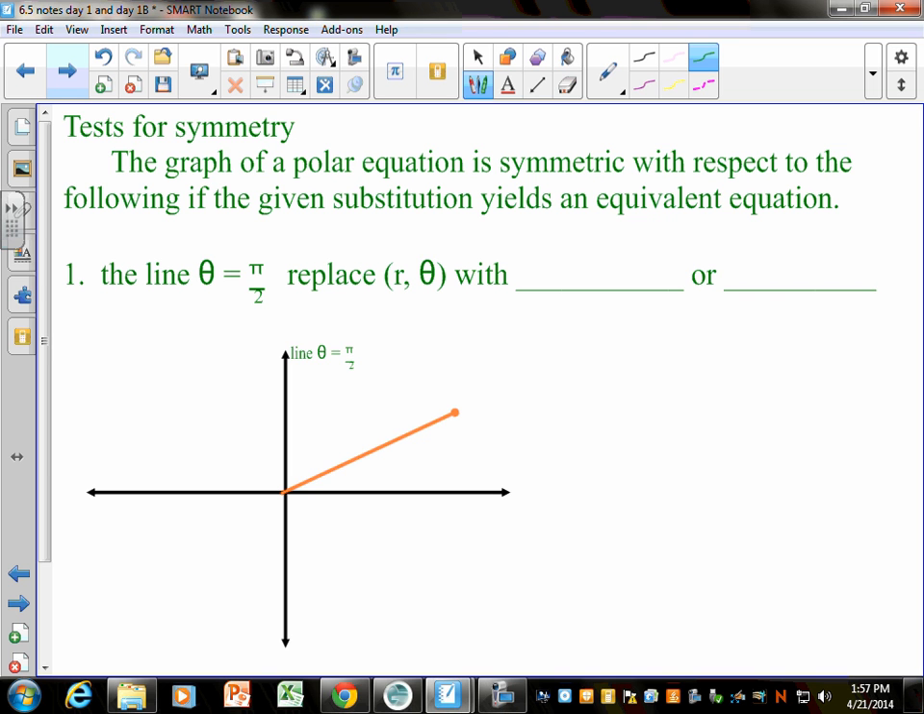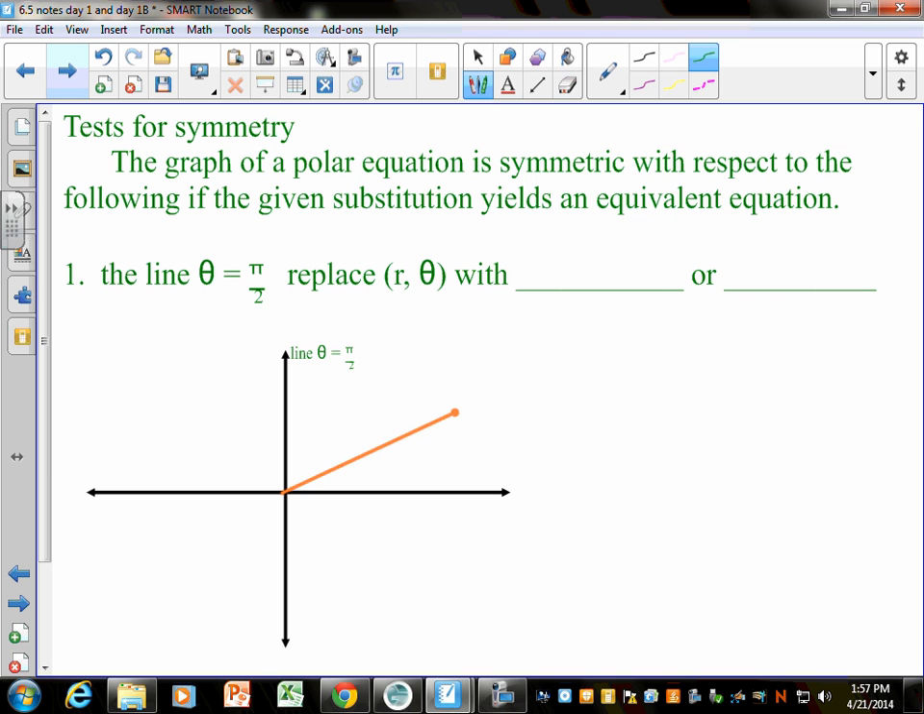All right. We did test for symmetry with x's and y's. Same thing with r's and thetas. I don't think this is the most important thing in this chapter, which is why I'm not going to spend a lot of time on it. There's 3 questions on your homework. I just want you to be aware that testing for symmetry could help you with your graph,